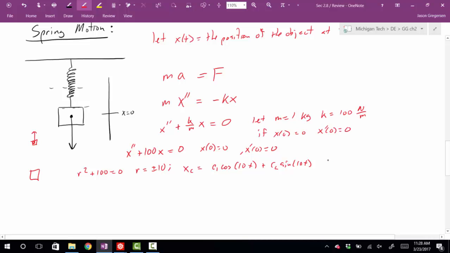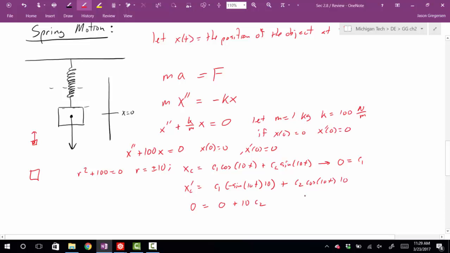Okay, if x of 0 equals 0, then this thing turns into 0 equals c1 times 1 plus c2 times 0, so it looks like just c1. I gotta take the derivative of this guy next. The derivative here is going to be c1 times the derivative of cosine, which is negative sine of 10t, times the derivative of the inside function, a factor of 10, plus c2 times the derivative of sine, which is cosine, times the derivative of the inside function. Applying my condition tells me that 0 is equal to 0 plus 10c2. So